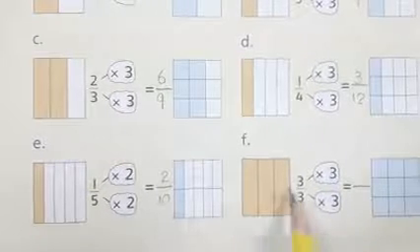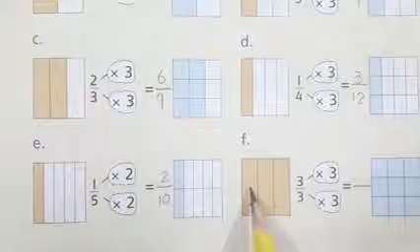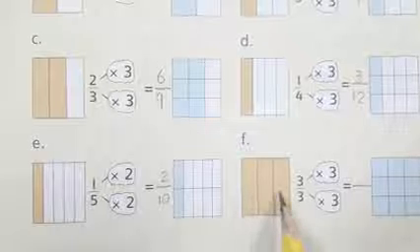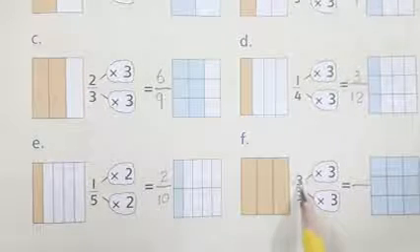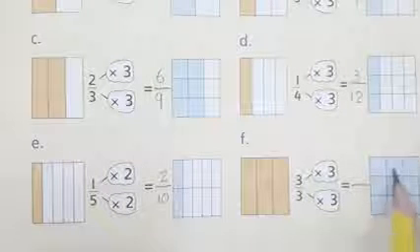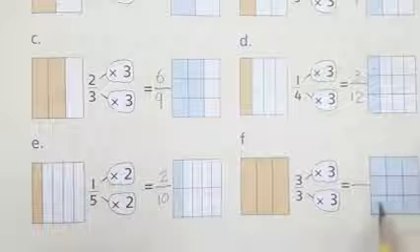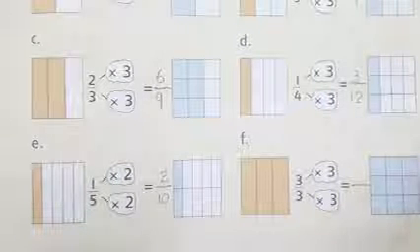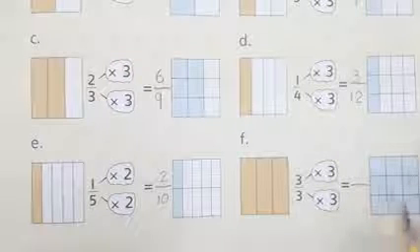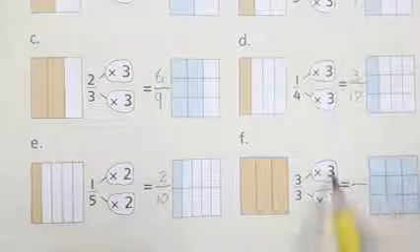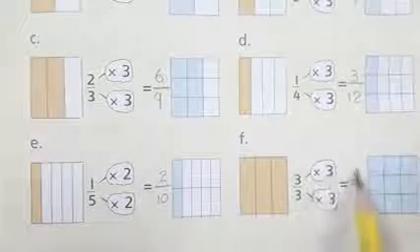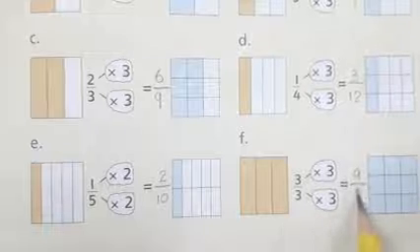Okay, now colored fractions are 3 and total are 3. 1, 2, 3. So 3 by 3. And here you can see total are 1, 2, 3, 4, 5, 6, 7, 8 and 9. So students, here the total colored portions and the total number of boxes are 9. So we will multiply 3 by 3 to get the answer 9. 3 threes are 9.